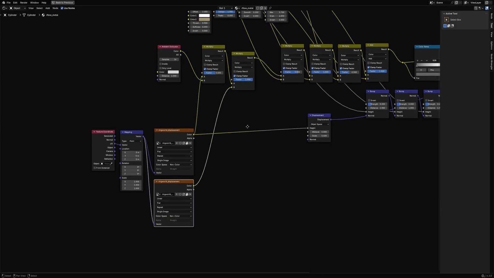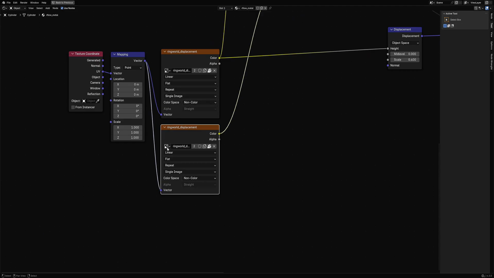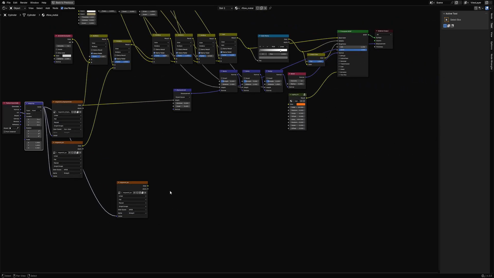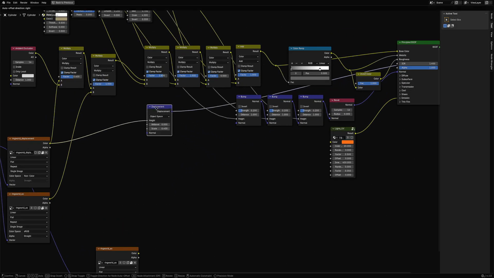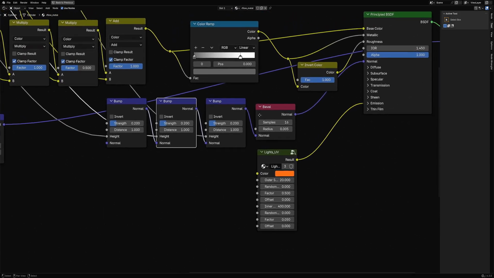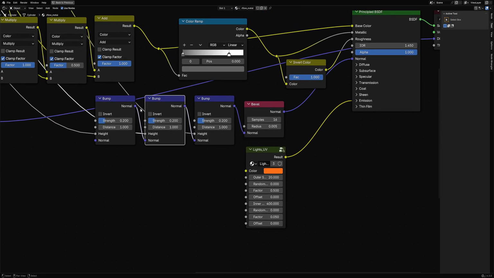Okay, world, and change this to the AO. And we can still use the normal map. So plug it to the normal. The normal out input has a bunch of other nodes in it. So what you can do is you can see the layering of the bump details. You can just connect it to the normal input